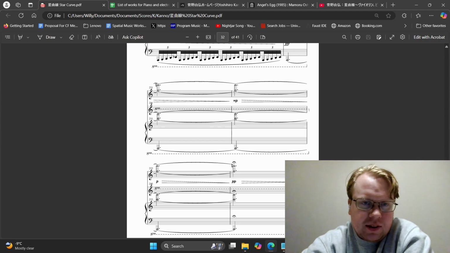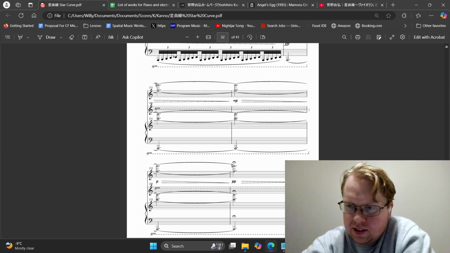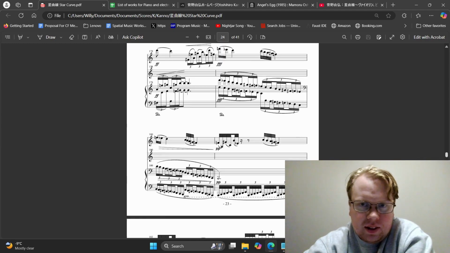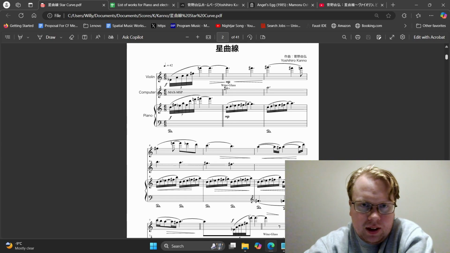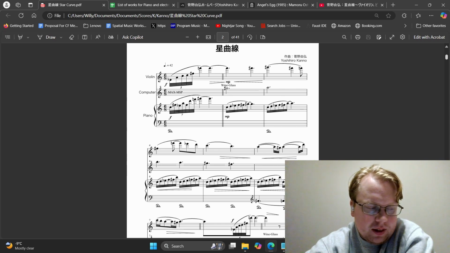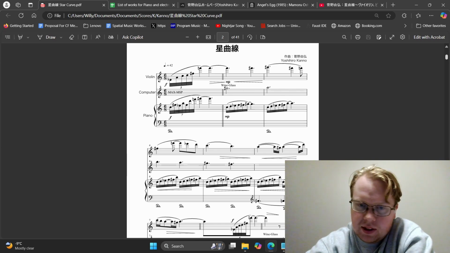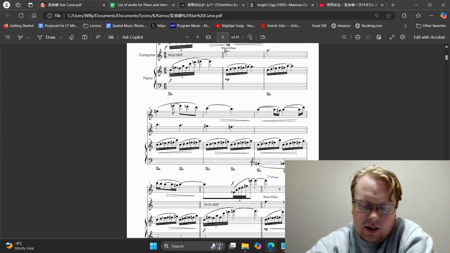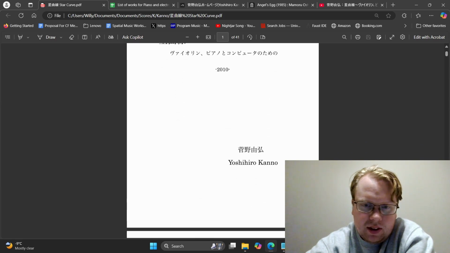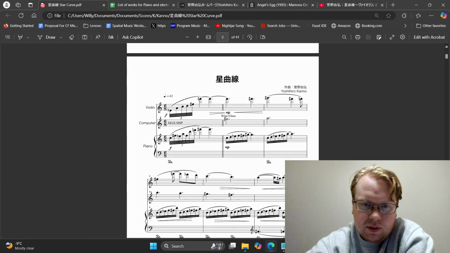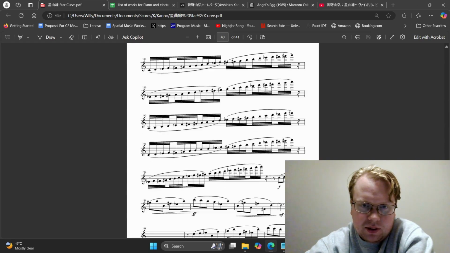It's very strange that the whole thing is in 6/8, but in some ways that makes it a little bit more approachable. A lot of modal stuff, like modes of limited transposition stuff, it really reminded me of Messiaen in that way. And the one thing I didn't like about this score is it didn't give me enough detail about the electronics. I really wanted to know how the electronics worked.